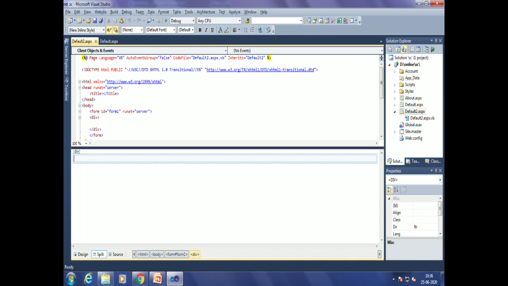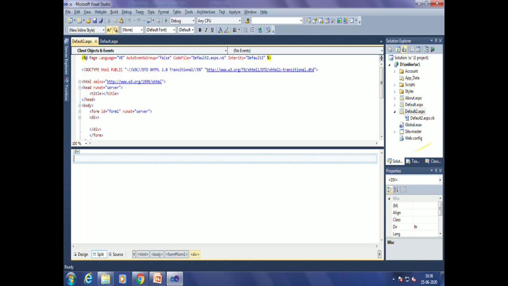So we have 2 different views at the same time. Split view, upper side design web page by writing code, bottom side design web page by dragging and dropping control.